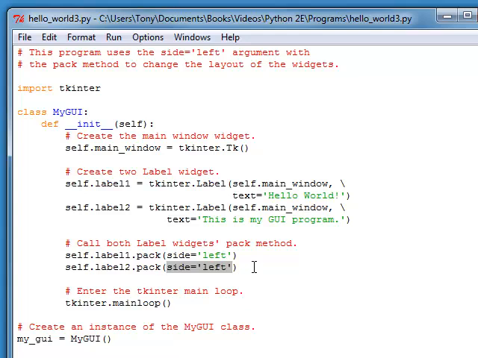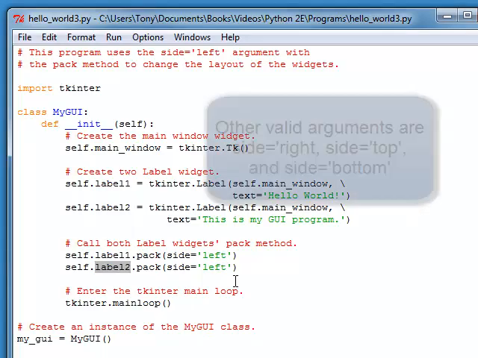So the label 2 object will be positioned inside the main window as far left as it can go. But that means that it won't be able to go all the way to the left because the label 1 object is in that position. So the label 2 object is going to be as far left as it can go, but it'll be next to label 1. So this code will cause the labels to appear side by side